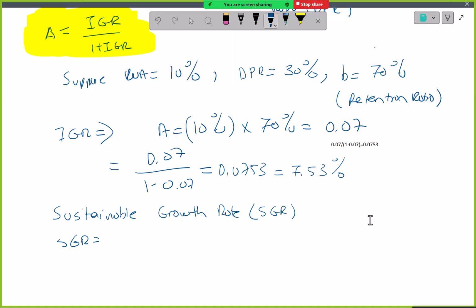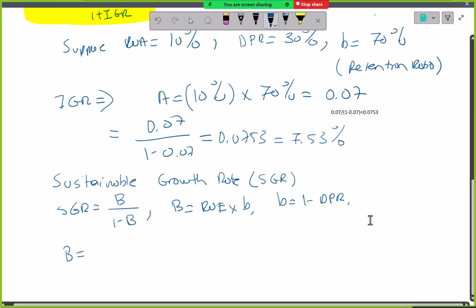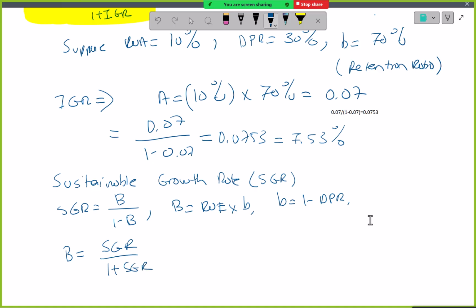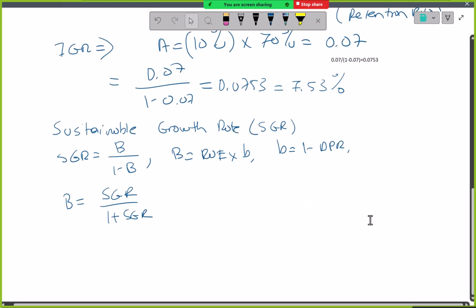As you may have guessed, this is based on, I'm going to call that A, 1 minus A, or let's call this big B, 1 minus B. And that small b is still the retention ratio. Of course, if you want to solve for b,